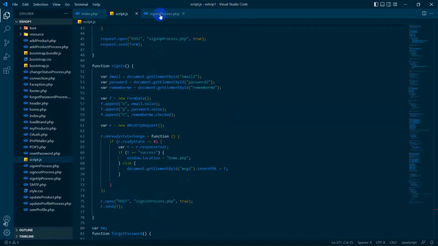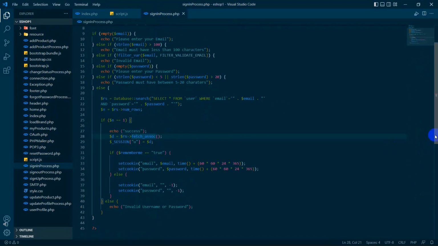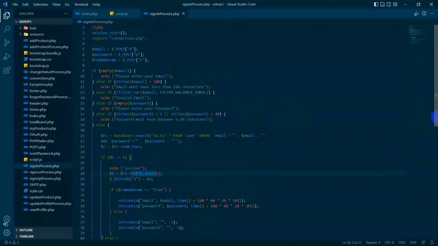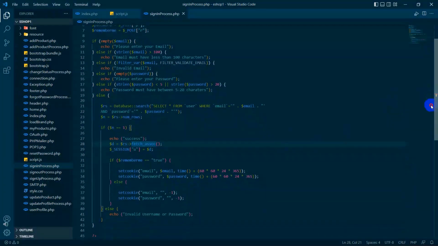If we check the sign-in process part, here you already know this part. I have talked about this in the previous video. This is how we made the sign-in validations, and in this part,